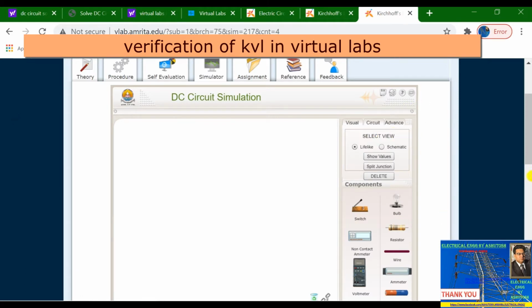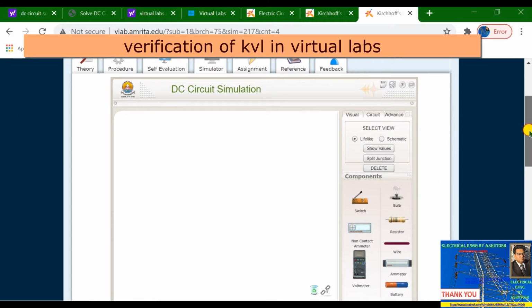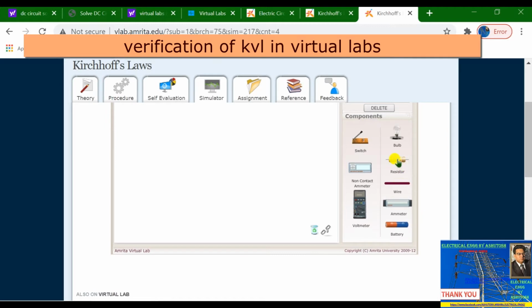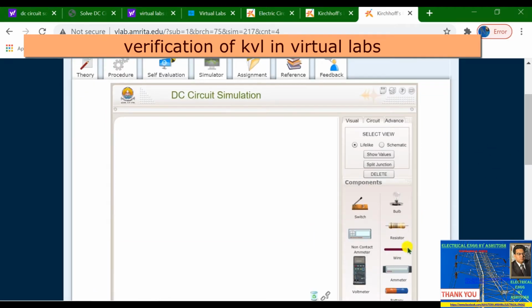So what you have to do, just pick resistance, and pick battery. Just pick this battery, and you can rotate this battery like this.